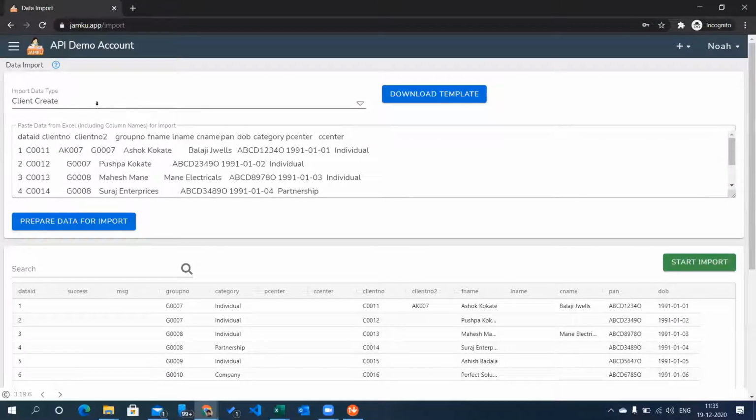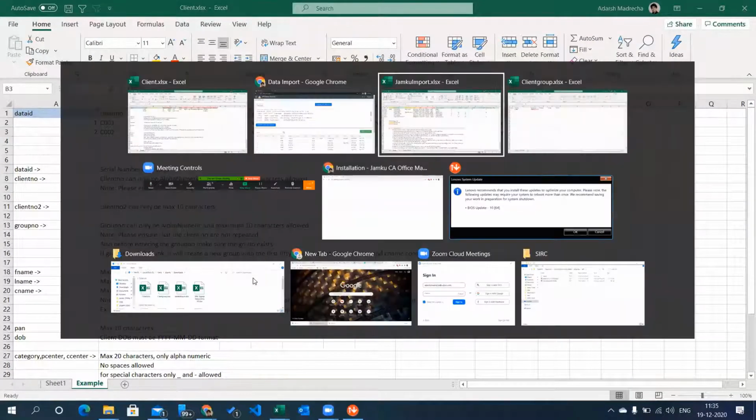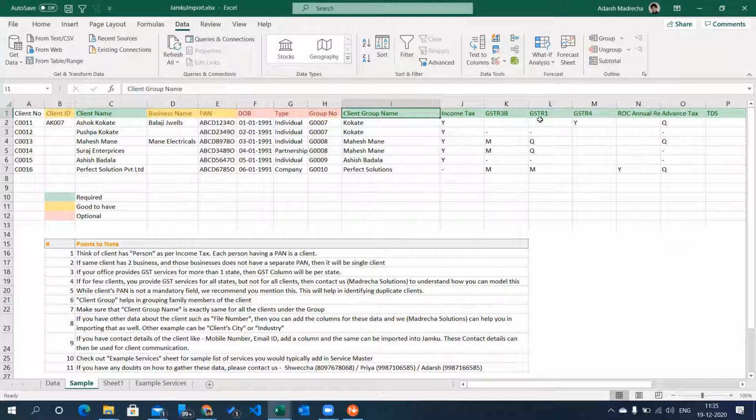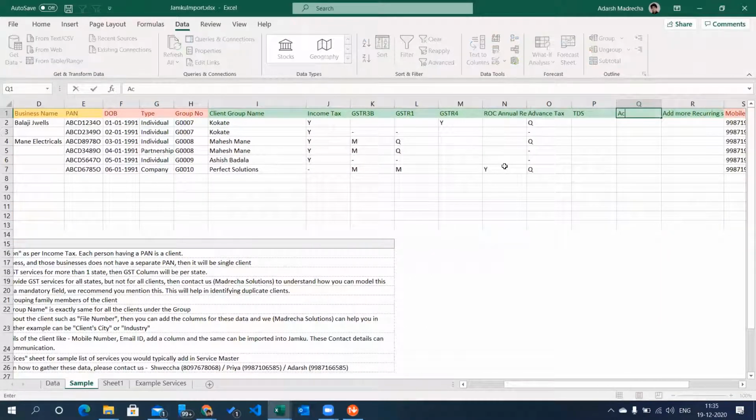Okay, now what we need to do is import the services, or I should say import the compliances. So let us add our compliances, a service which we had created earlier, accounting service.